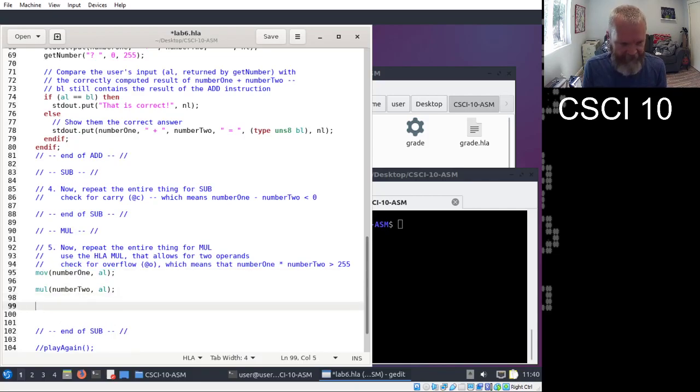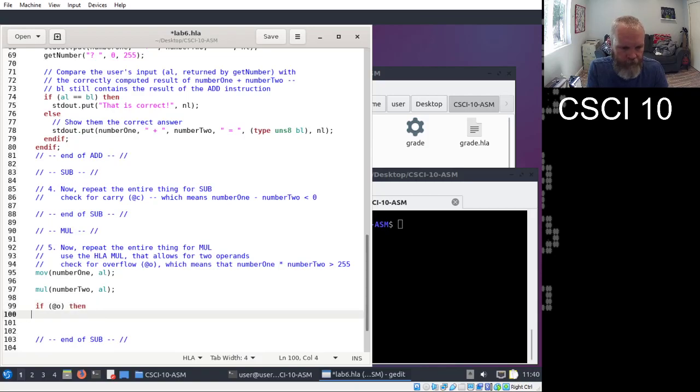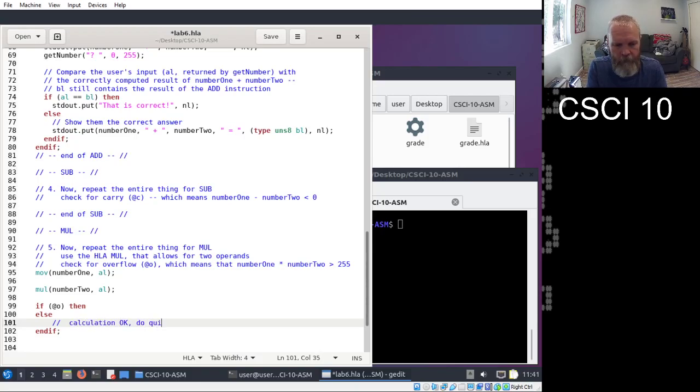So in this case, we're told by the note that we're checking overflow this time. So for mul, it's not the carry bit, it is the overflow bit. I'll put a note there for myself.